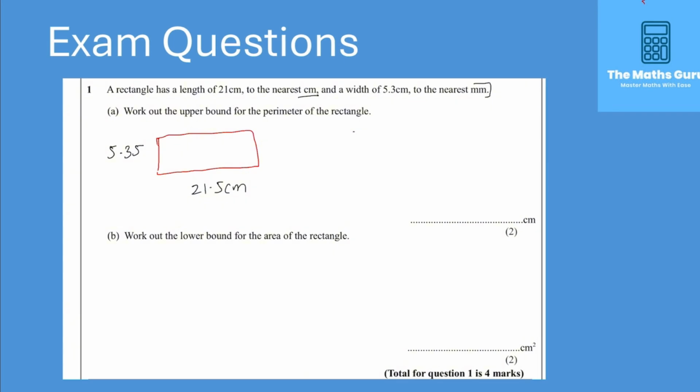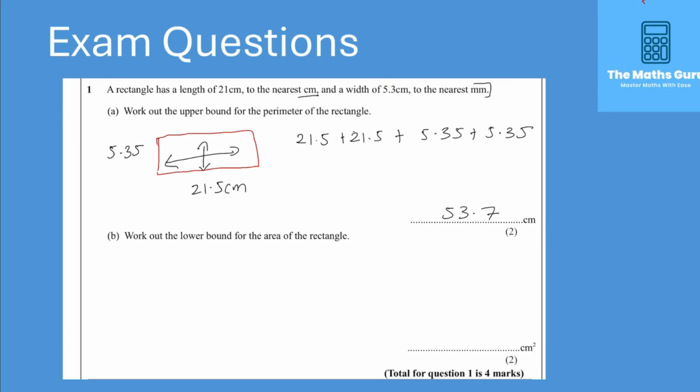Now to work out the perimeter, remember these two sides are equal in length and these two sides are equal in length. Therefore, we're going to have 21.5 add 21.5, add 5.35, add 5.35. This is going to give us a value of 53.7 centimeters as the upper bound for the perimeter of our